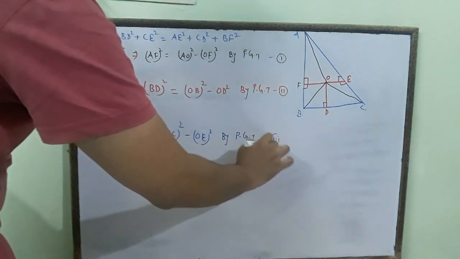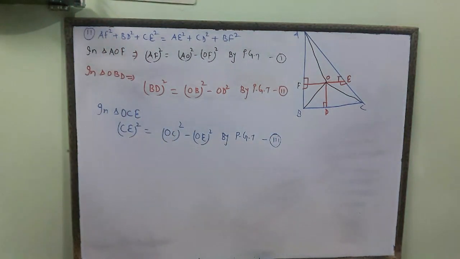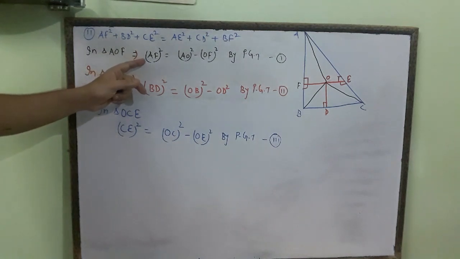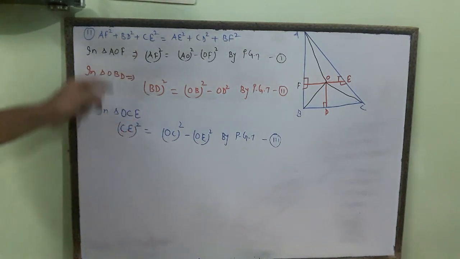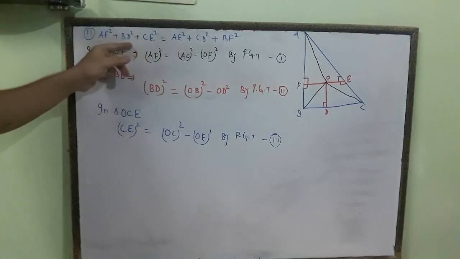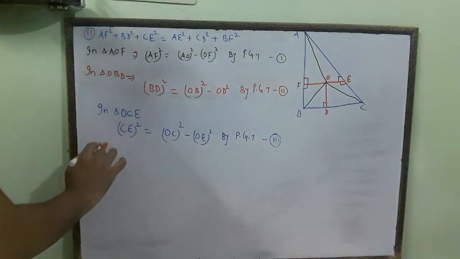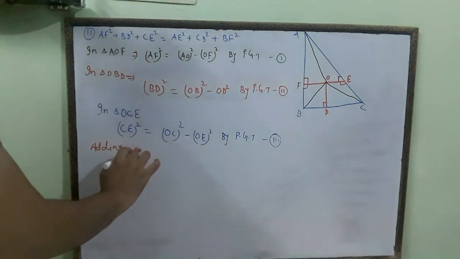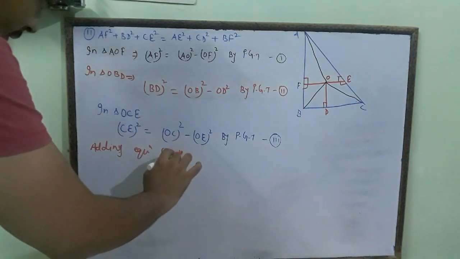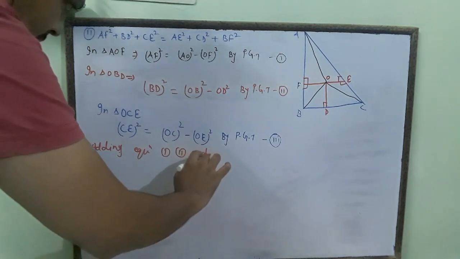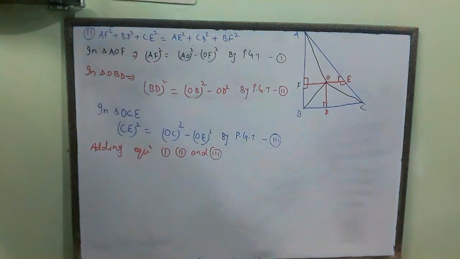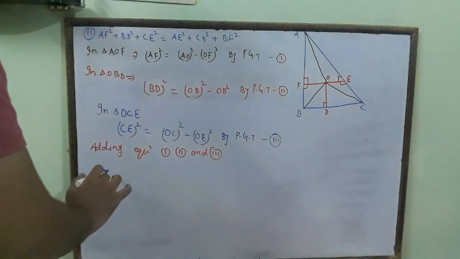This is equation 3. After finding the values of AF square, BD square and CE square, we will add all those, because in the LHS there is the plus sign. So we will write here, adding equation 1, 2 and 3, what we will get? We will get AF square